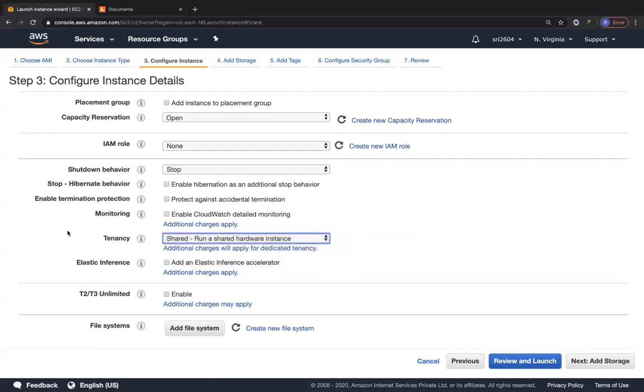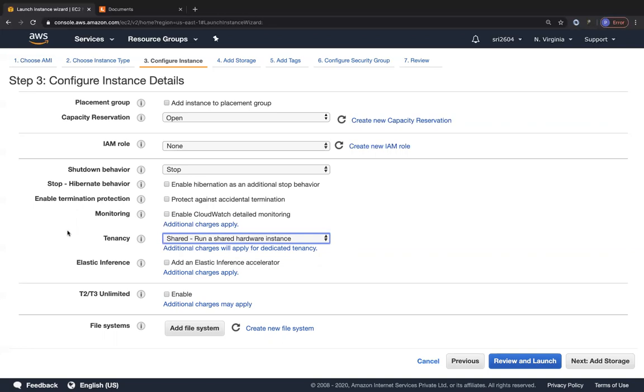So when we are going with tenancy, what happens is, what we are doing right now is we are sharing our instance's hardware with another instance in another AWS account that could probably be using the same hardware in that availability zone, right? So it could possibly be using a bare metal instance over which they have installed a hypervisor, and then we are probably sharing our hardware with another person, but on the same instance. So this is called multi-tenant, wherein a lot of people launch their EC2 instances, and then they could possibly be sharing the same hardware in that particular availability zone, where these EC2 instances could be spread across multiple AWS accounts.